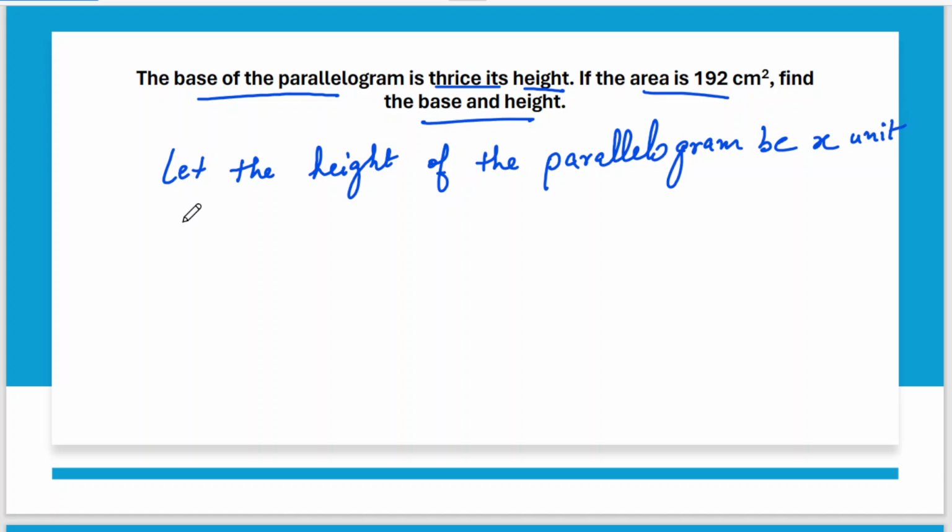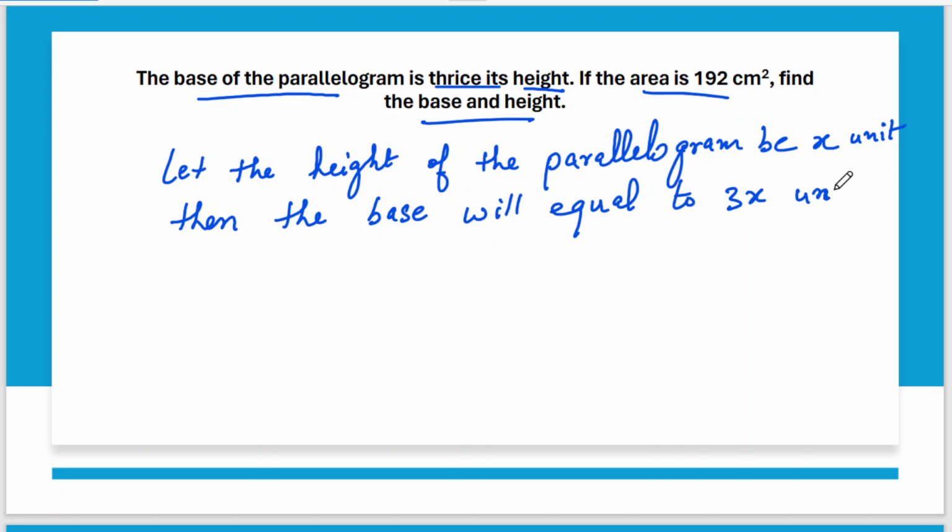Okay, then the base will be equal to 3 times the height. So it is 3x unit. Okay. So the formula for finding the area of parallelogram is